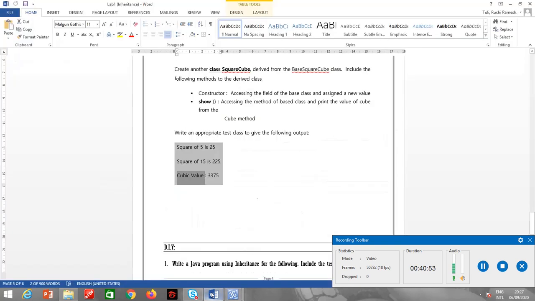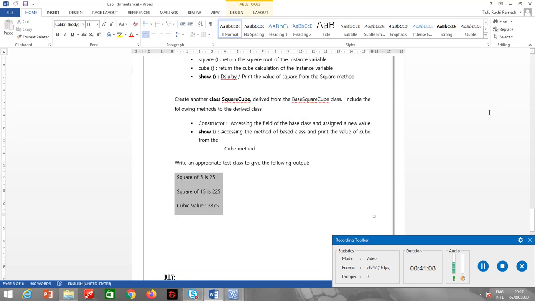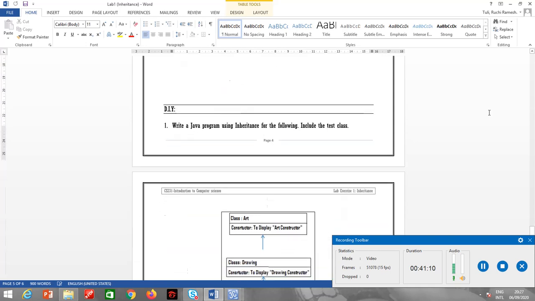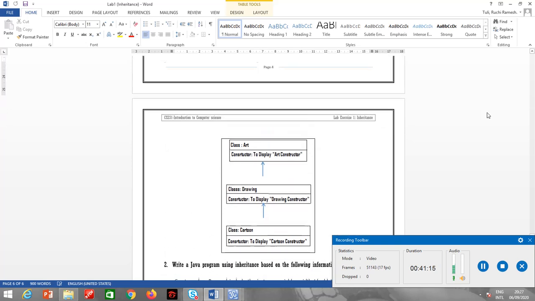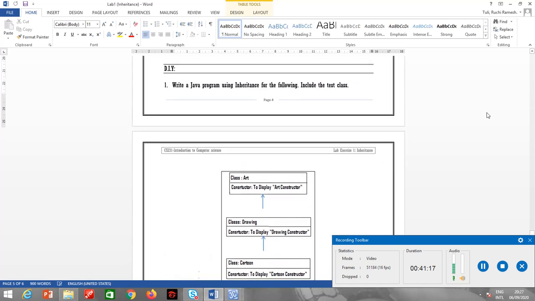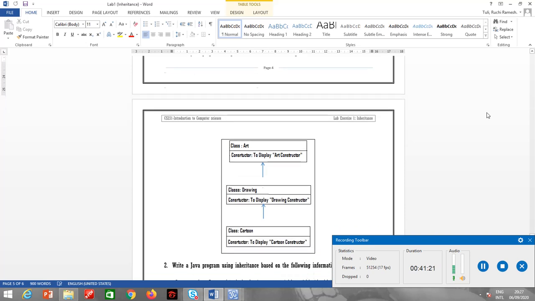So many times you have to check the output. You need to pass the same numbers and the same type of print statement so as to get the similar output. Alright, so this was exercise 1. Now you have 2 programs, do it yourself. These are the 2 programs which you must do by yourself. And if you have any concern, kindly raise your concern in the class. Let me just explain.